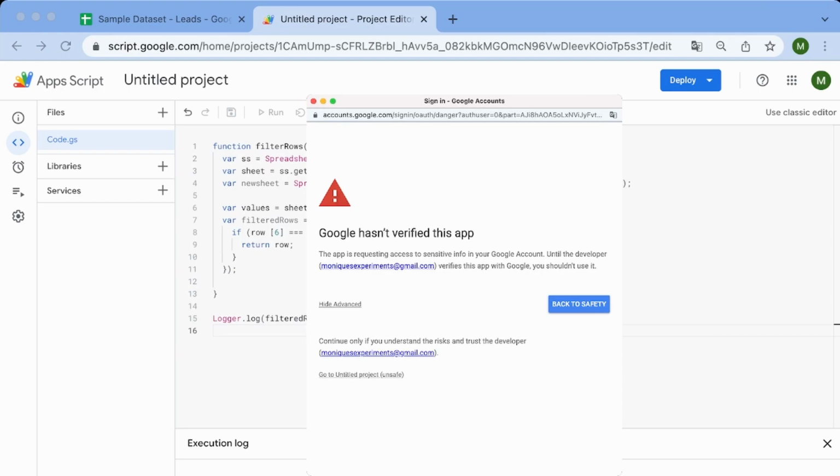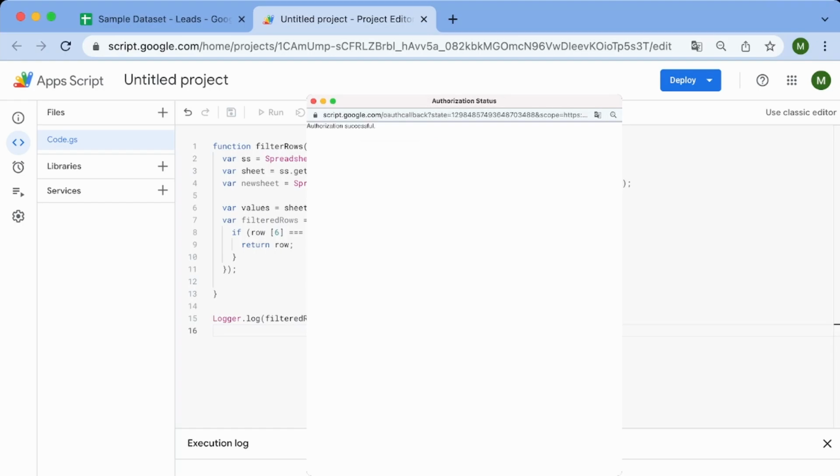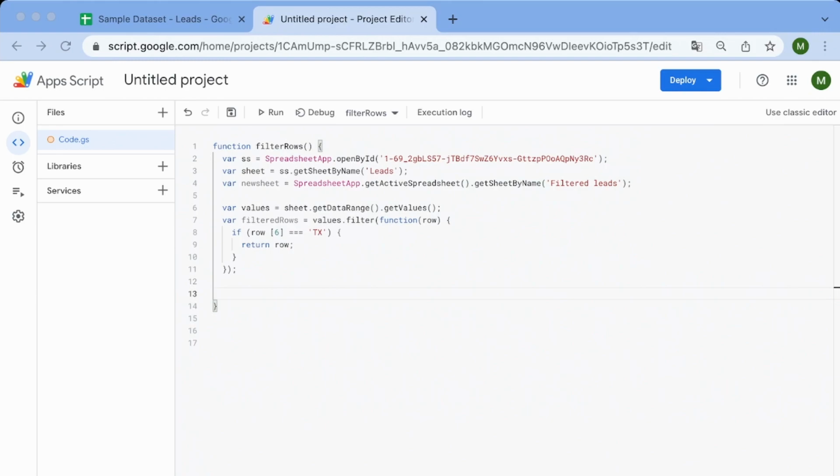So this is how you do it. Then you can give the script authorization to run. You should also know that when you give the script authorization to run, even if you copy the sheet or add somebody else to this spreadsheet, they will be able to run the script as well. So, now that we can run the script,